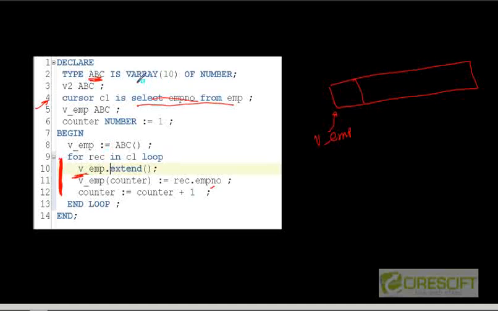The reason is that the VARRAY maximum size can go up to 10. We cannot extend beyond 10. That is wrong, so this is going to give me an error. However, if I make it 20, it might work. But I do not want to make